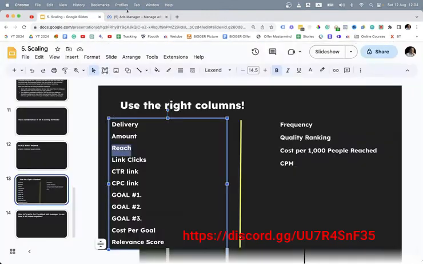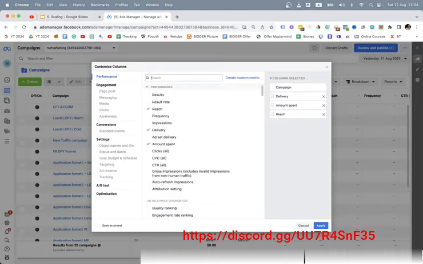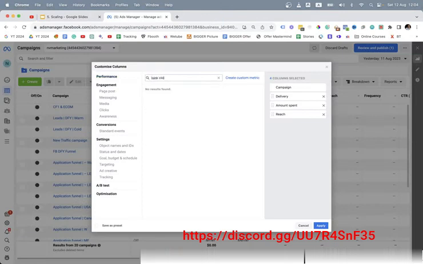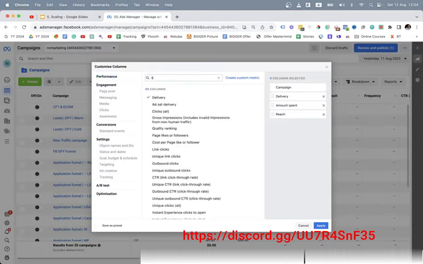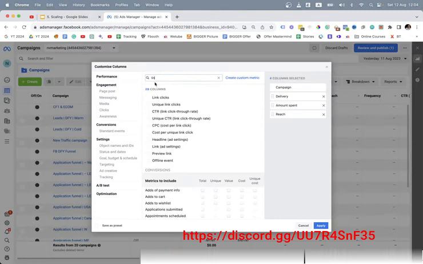The next column, link clicks. And it's super important for us to type link clicks. This metric will tell us how many people are clicking on our ads. So let me find the right one. I think this is the one, link clicks. So I'm just gonna